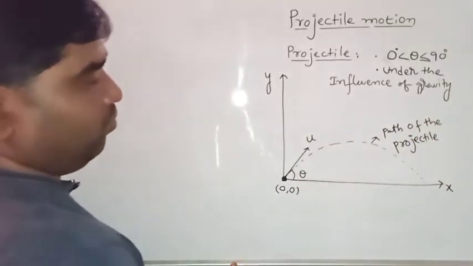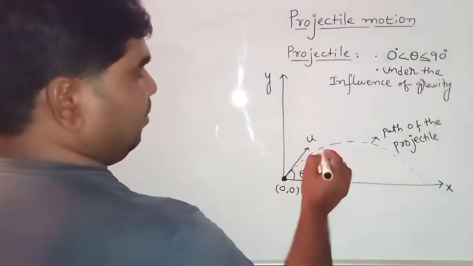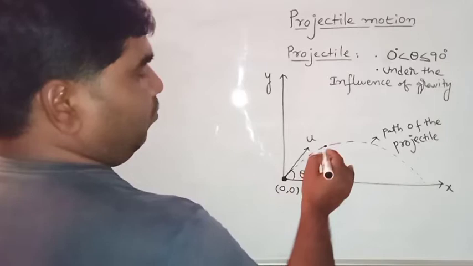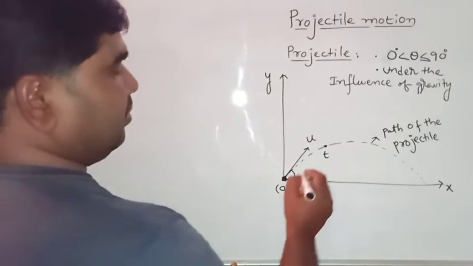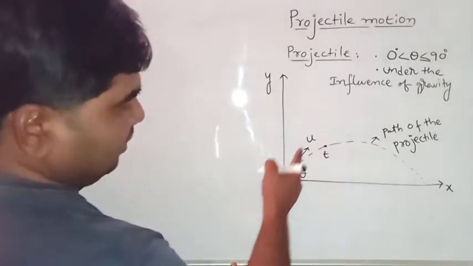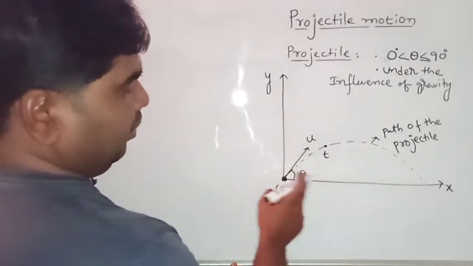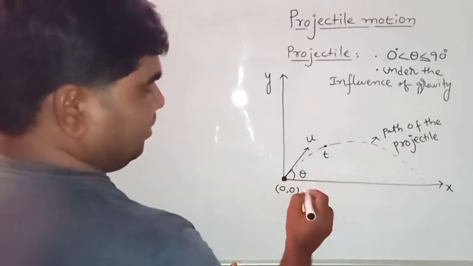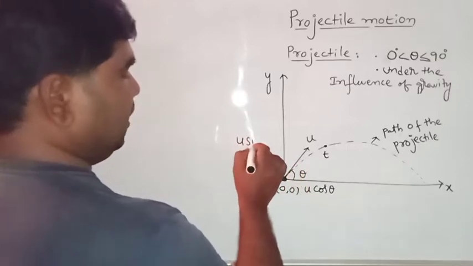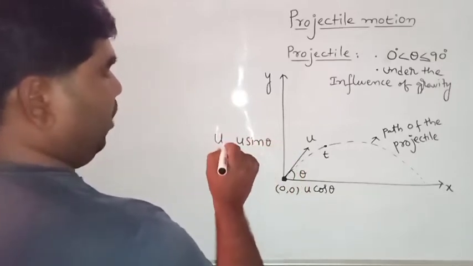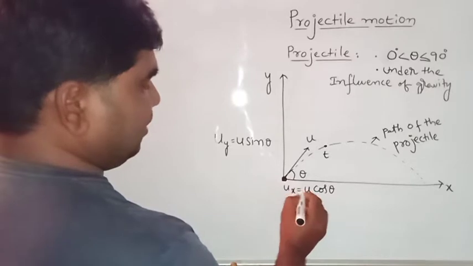What is the equation for the path of the projectile? Now, initial velocity u, after some time at this position, what is the displacement along x-axis and along y-axis? First you find out. Initially this is u, this is in the plane of xy in 2 dimensional. That's why we need to resolve into 2 components. Along x-axis u cos theta, along y-axis is u sin theta. Here uy along y-axis, this is ux along x-axis, initial velocities.